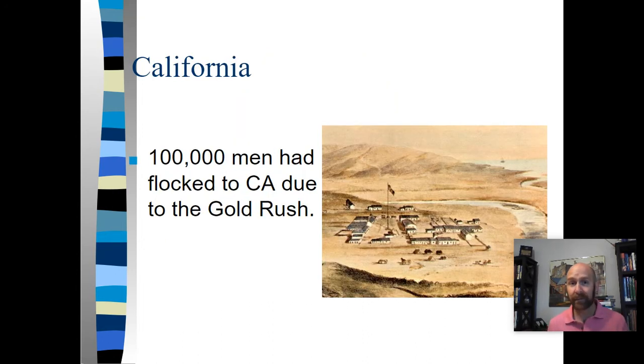California got to the population necessary to become a state very quickly because of the California Gold Rush, where 100,000 people flocked to California to try and get rich quick off of the gold rush. And so there had been a history of slavery in California, but the Spanish controlled California and then the Mexicans controlled California. When the Spanish controlled California, their form of slavery, if you can believe it, was even more brutal than the American version of slavery.